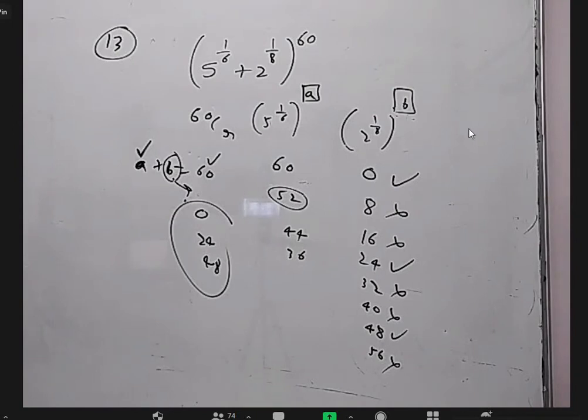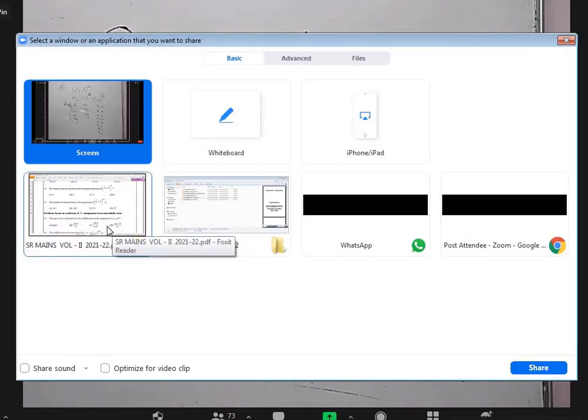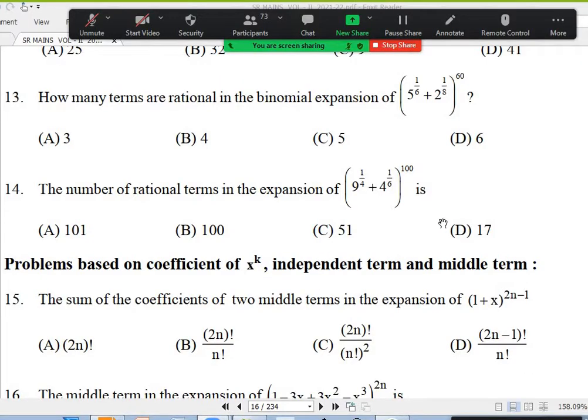So I was just flipping through the questions randomly. There was a question almost like this, I don't remember exact numbers: how many rational terms are there? I personally feel JEE Mains has now become more routine because so many question papers are already given, from 2002 till now, and in the last 5-6 years it was conducted so many times. As concepts are limited, you can almost get an idea what kind of questions are there. Okay, this is for 13.